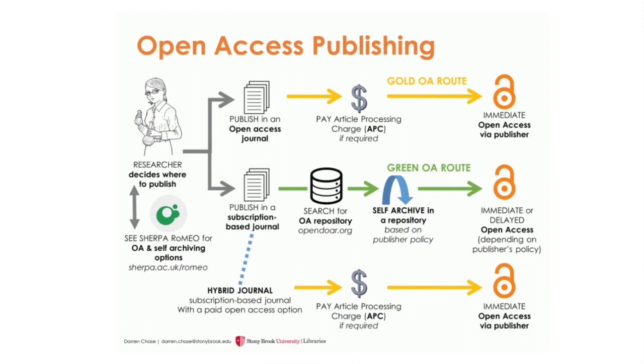Sometimes for open access publishing, especially on the Gold OA route, you may need to pay what's called article processing charges, or APCs. You may have also seen these referred to as author processing charges. APCs are essentially fees that journal publishers charge authors to cover the cost of publication and to make up the lost revenue that they would traditionally gain from having a paywall on an article. Overall, these are more common with hybrid journals, though you will also see them sometimes in pure open access journals as well.